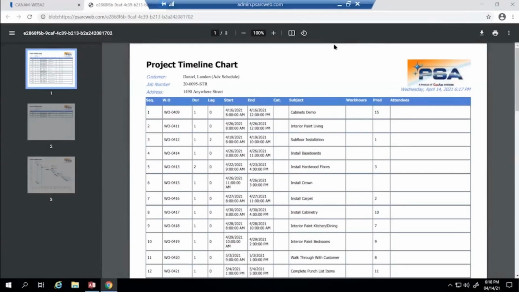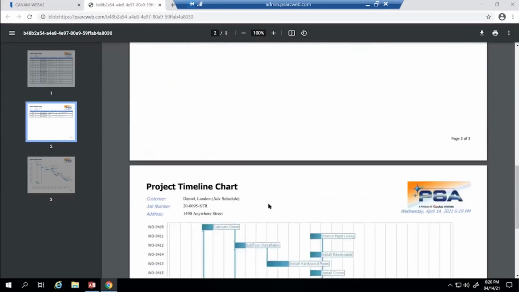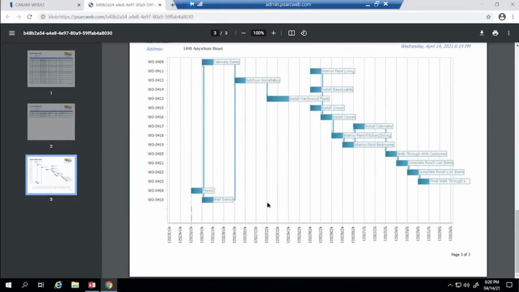We will see the project timeline for our events when I scroll. We have our listed scheduled work orders, duration, lag, start and end times, subject, the predecessor count that shows us what must happen first before the next appointment can happen, and the assigned attendees. When I scroll down to the bar chart, I will see this one-page landscape view. The dates on the x-axis will modify themselves depending on your timeline to ensure the best visibility for the printed